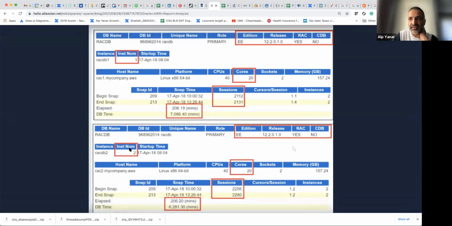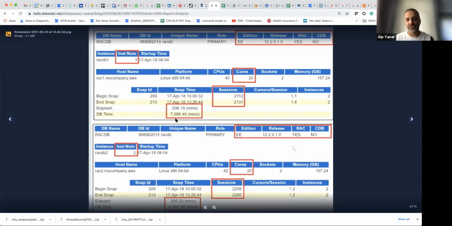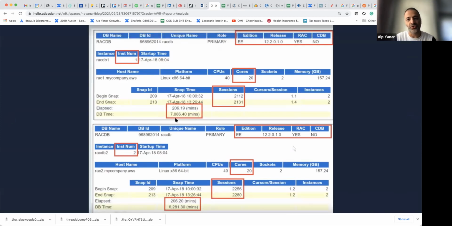And I told you that the first thing we need to check, of course, when we check DB time is 7,000 something. It doesn't show anything here, right? There are some other sections. And for sure, it is not the first section of the report that we are going to take a look at. We will check another section, but after checking that one, we can come back to the summary of the environment and check